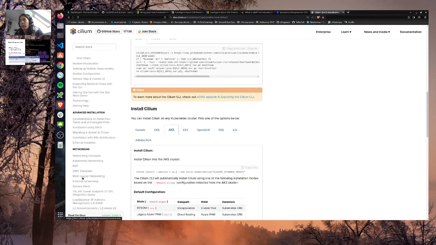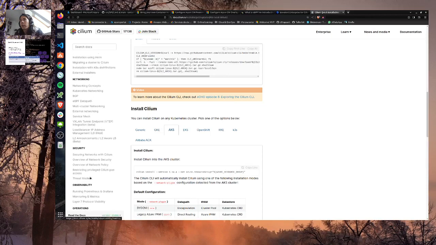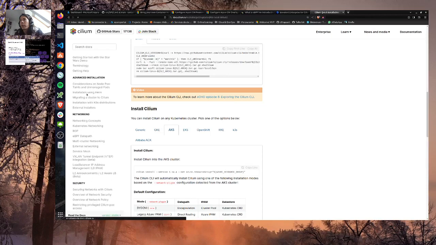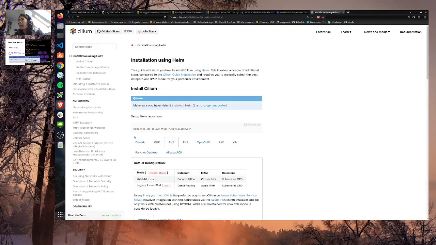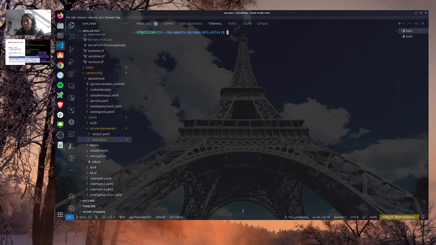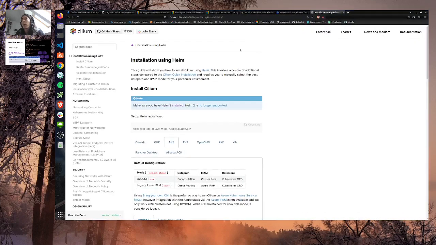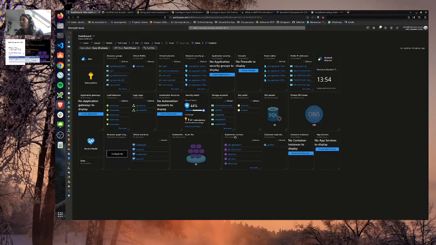Install Cilium. Check. I used to see it earlier. Installing using Helm, and for that we need to specify the repo over there. If I check that, over there I should see that my repo is already available. Helm repo update, and you can see that I do have the Cilium chart repository. So now I need to verify that my clusters are available. I don't know yet because I used the no wait switch, so I will check that.